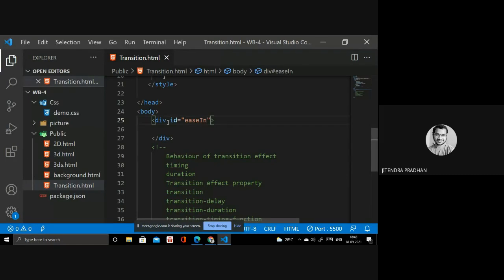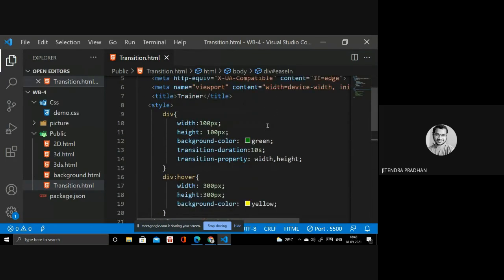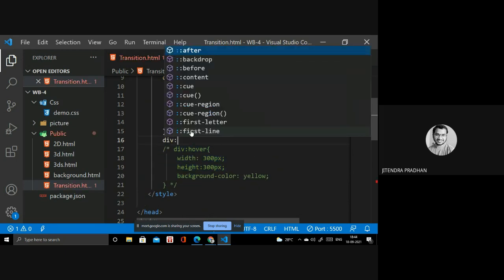Next I need to write the div with 100 pixel and 100 pixel, and the transition duration. I need to remove that transition property, so I will comment out these things, and comment out the div as well. Then I will write the other div with hover inside.